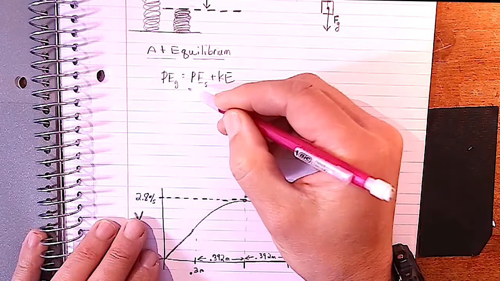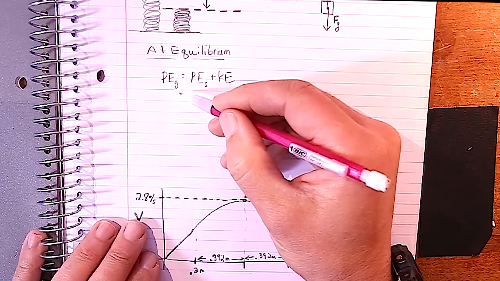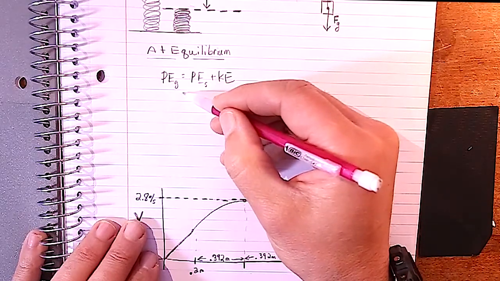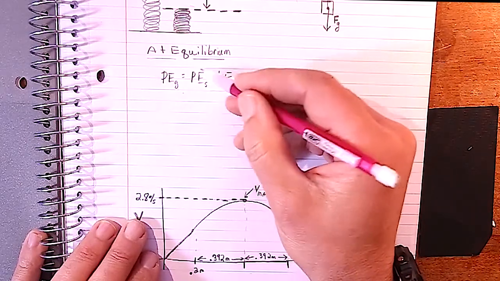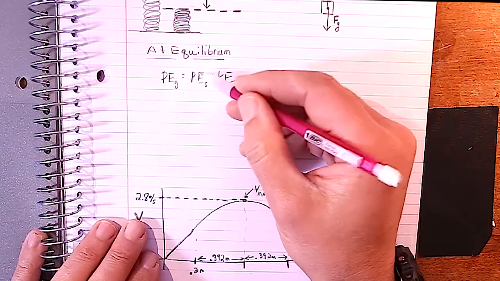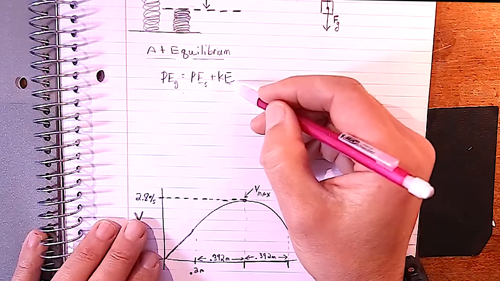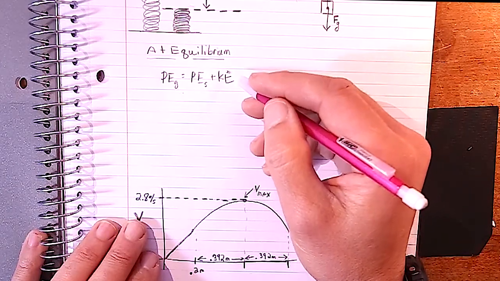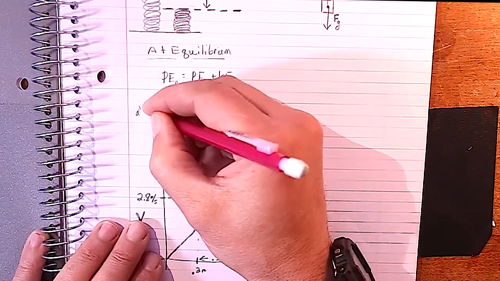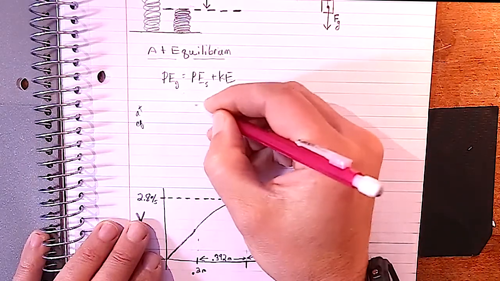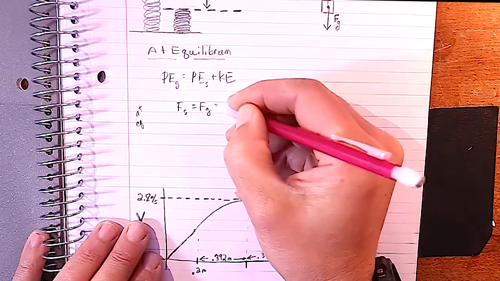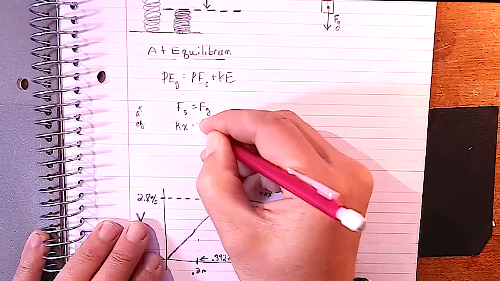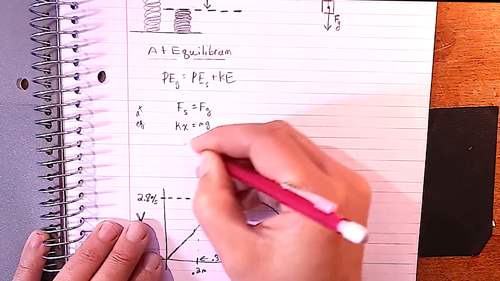So this is going to be the potential energy when we have the block at the point at which the spring potential is going to be from equilibrium, whatever that distance is that we don't know, and at its maximum kinetic energy. So at equilibrium, we know that Fs, the force of the spring, is equal to Fg. So we can just put in kx equals mg,